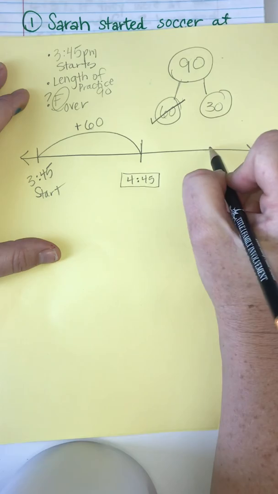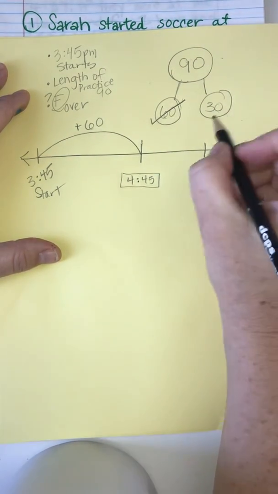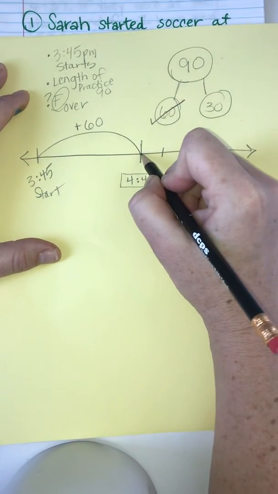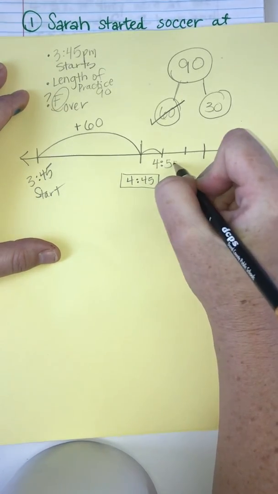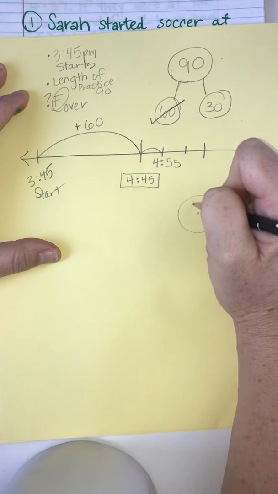So, at this point, I'm not comfortable jumping 30 minutes, so I'm going to break that apart further into 10-minute jumps. So let's figure out what would be 10 minutes later. That would be 4:55. Okay, this is where it gets challenging on a clock